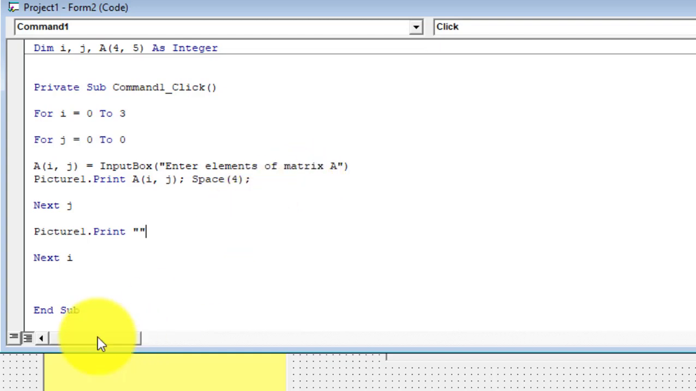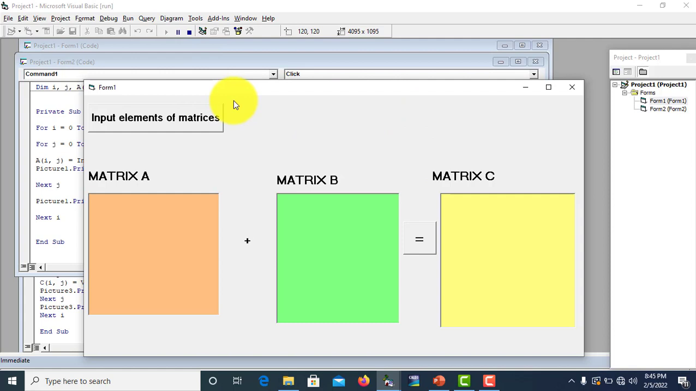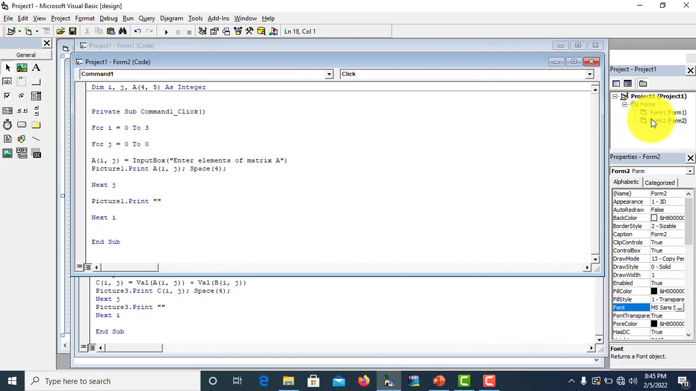Okay, so after supplying values in this matrix A, let's see how it is going to work. Let me first of all run this program, but before I run, remember I have two forms here, form 1 and form 2, right? So if I run, form 1 will be displayed. Now to set the startup object, as I have two forms, I want to start from form 2,